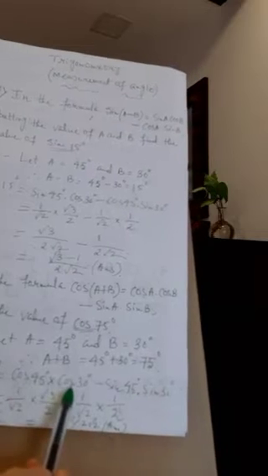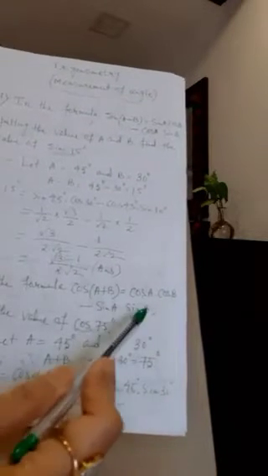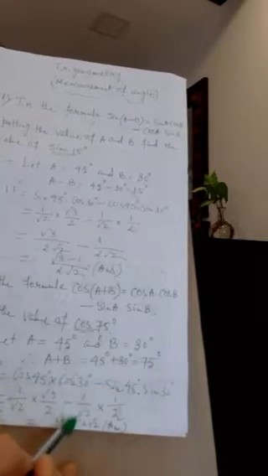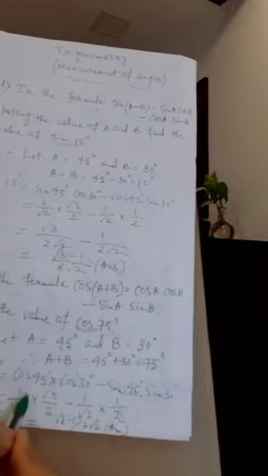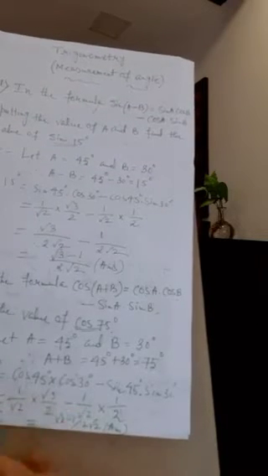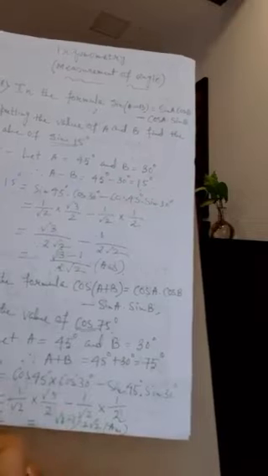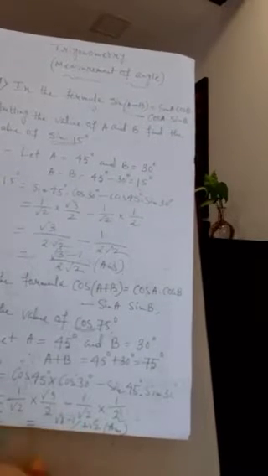Now in this formula I have put the values. The left hand side is cos 75 degree and the right hand side is cos A into cos B, cos 45 degree into cos 30 degree, minus sin A sin B, sin 45 degree into sin 30 degree. So cos 45 means 1 by root 2, into cos 30 value is root 3 by 2, minus sin 45, 1 by root 2, and sin 30 half. So the denominator is coming 2 root 2. So it is coming root 3 minus 1 by 2 root 2, the denominator is the same. So you will write here root 3 minus 1 and denominator 2 root 2. Your answer is this. Clear?